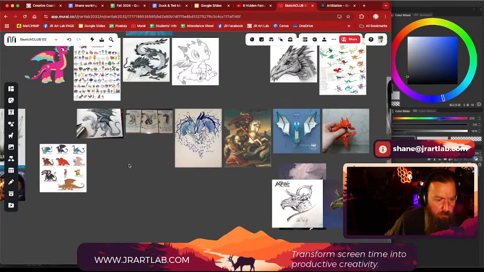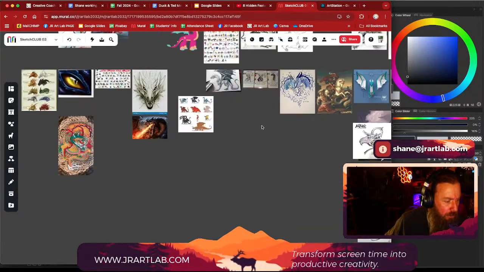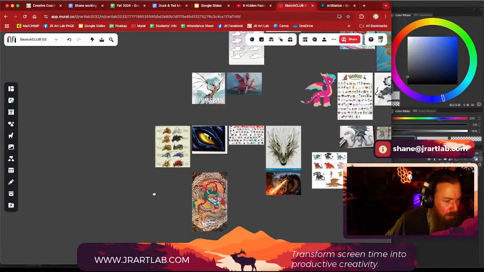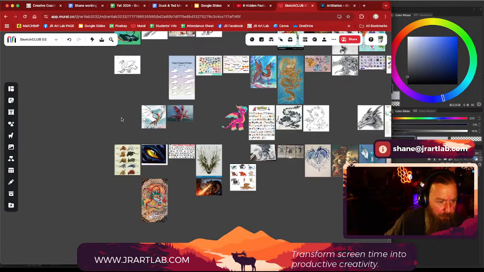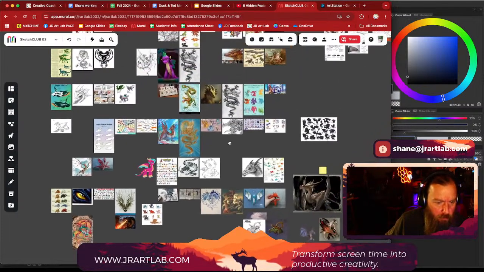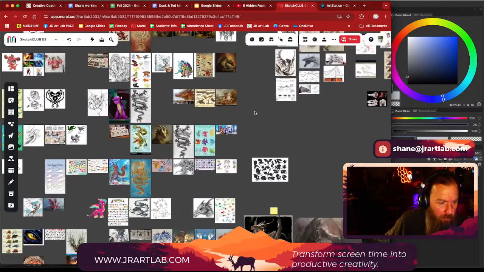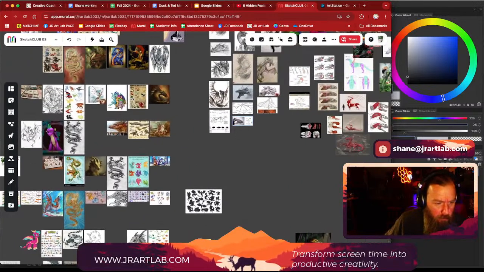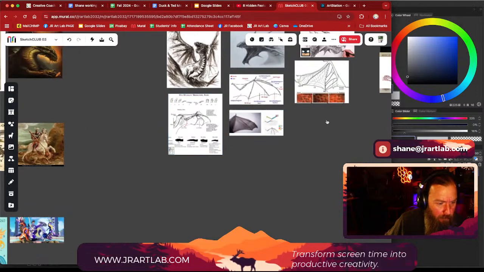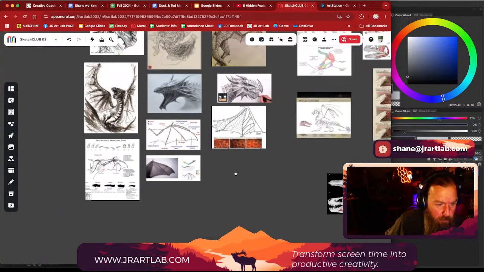Let's see what else we've got in here now that it is working okay. I remember there was a cool part with the wings. Wings.